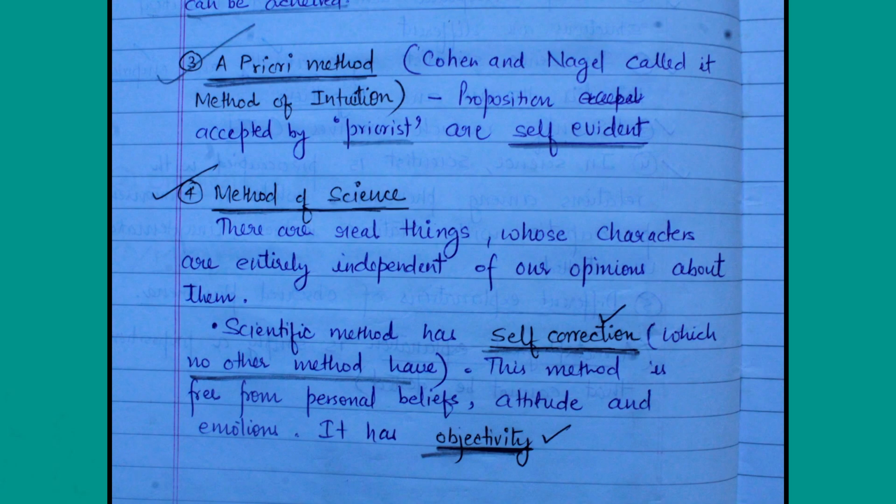The a priori method, which Cohen and Nagel called the method of intuition. You already know the meaning of intuition. Intuition means something I am saying because I am just feeling it. This is intuition. For example, the most appropriate example is, suppose you went to a doctor who sees your symptoms,